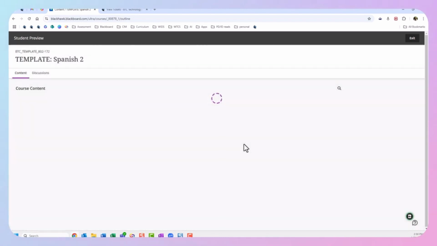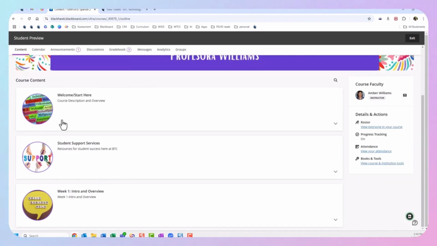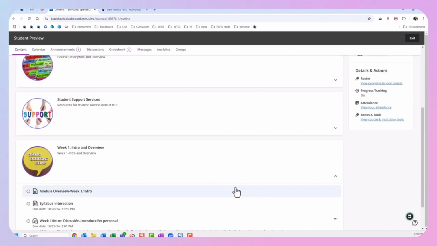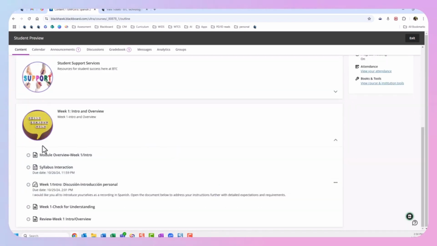Now from a student side of things, only these three modules are visible so far. So they have access to this course's Welcome, Start Here module, the Student Support Services module, and then only week 1. So let's enter this as if it's my first week of class, and let's drop down and look at